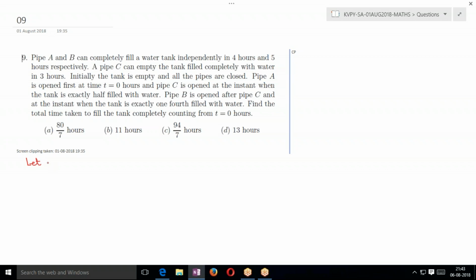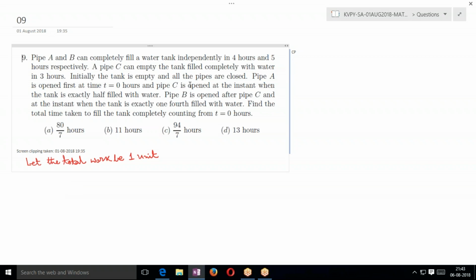So let the total work be 1 unit. Now as the total work is 1 unit, what we are going to do is, first pipe A is operational. So let's say that